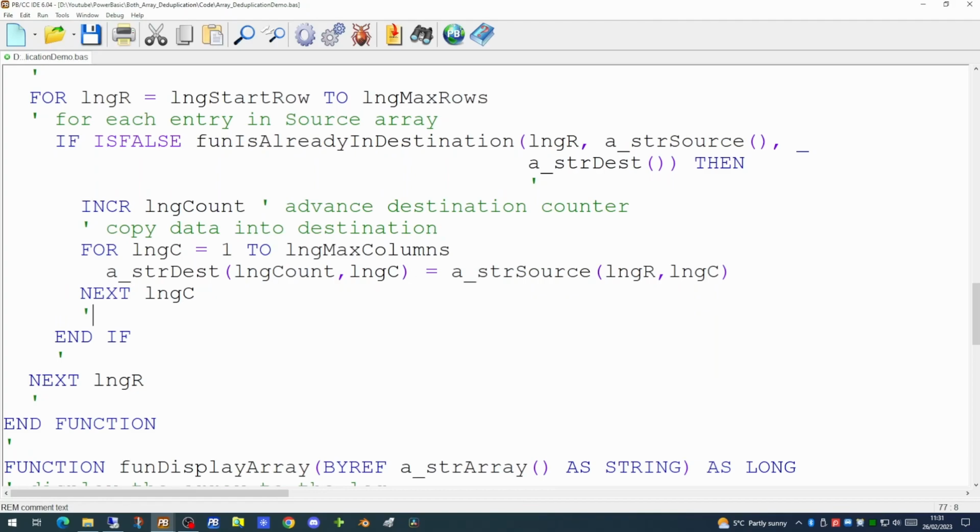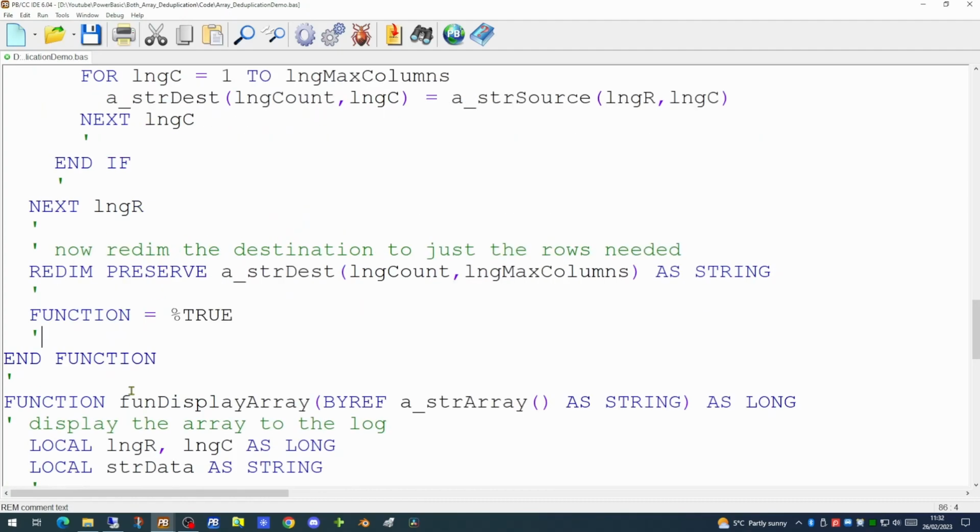Now, assuming there are actually some duplicates that have been detected in the source array, the content in the destination array will be less than the source array. So we can then redimension the destination array just to contain the rows we actually need. And again, this is easy to do using the redim preserve command. Redim followed by the word preserve means we're going to redimension the array, but we're going to preserve the data that's currently in it.